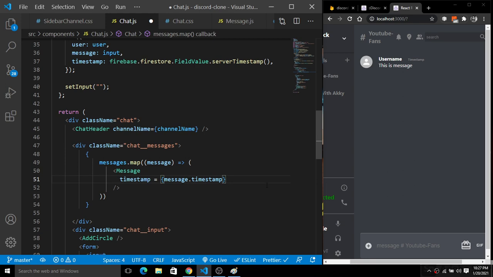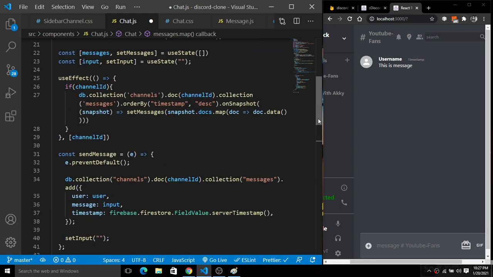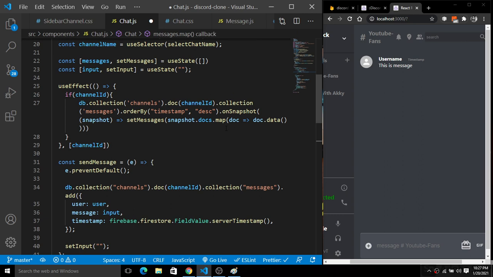As you can see at the very top inside of the useEffect, we have this onSnapshot functionality. We have this setMessages, and we have this doc.data. So this data contains the message, user, and the timestamp. Got it? Okay, so we have this doc.data here.